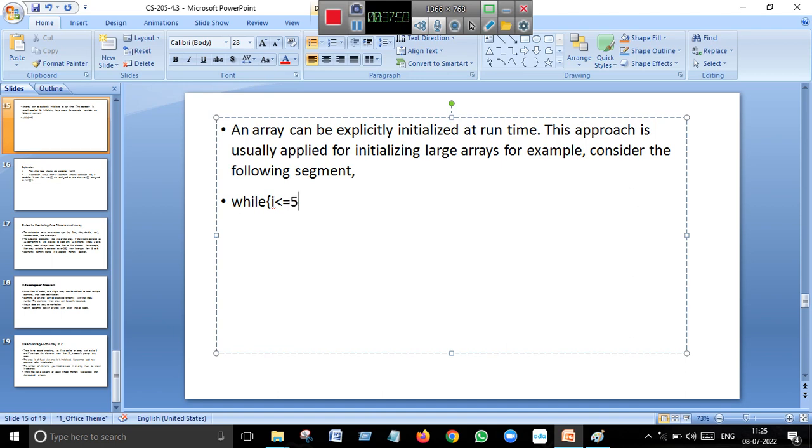While i is less than or equal to 5, scanf("%d", &a[i]);